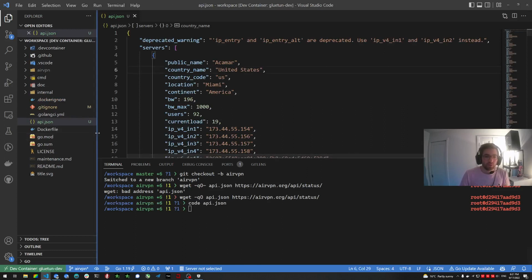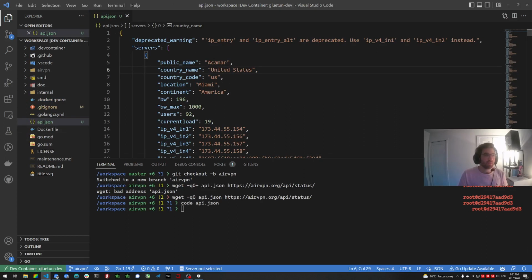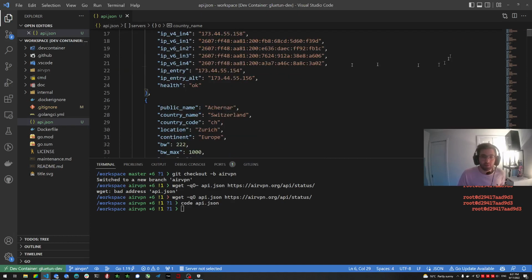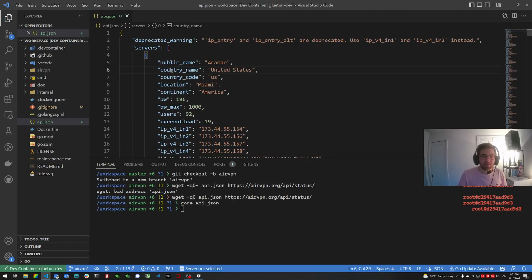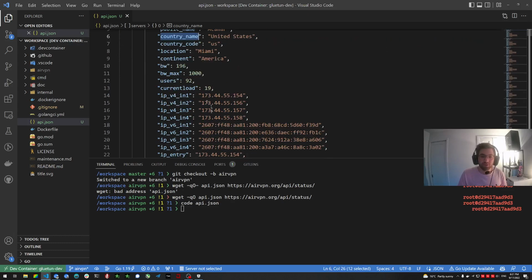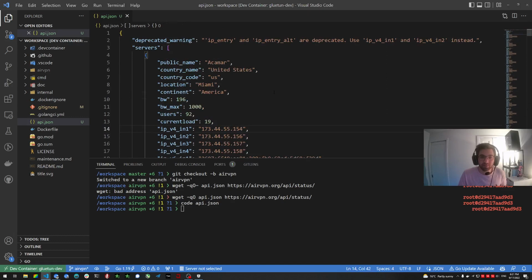Okay, so this is what you get from the API. So you get a list of servers right there. So you get different fields for every server. You get, for example, the country, you get IP addresses, etc. Now,